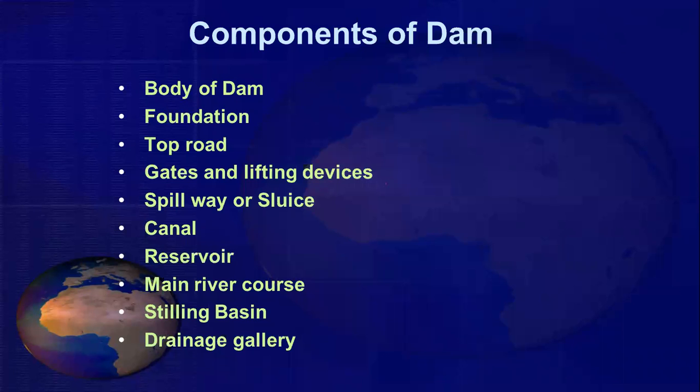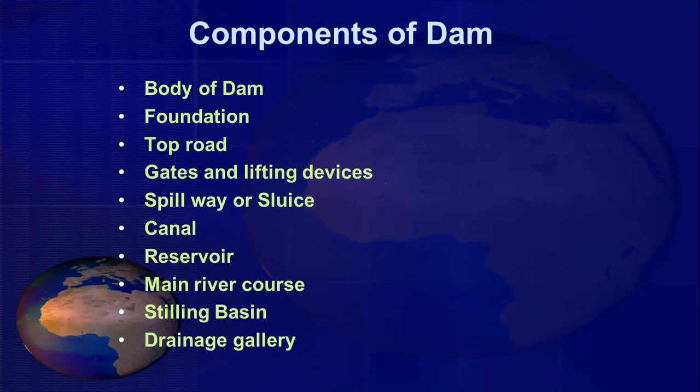So what are the various components of a dam? The dam has the main body, that is the wall that is going to be constructed to restrict the flow of water, the foundation of the dam, as well as the abutment of the dam, a top road for communication, gates to release the water, and lifting devices, then a spillway or sluice gate to release the water into the downstream side, a canal to convey the water, a reservoir to store the water,